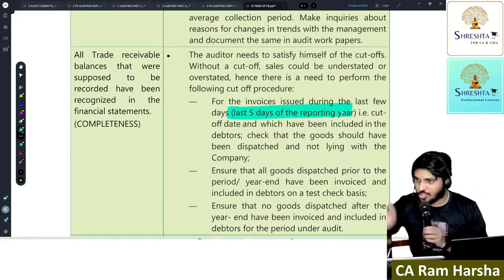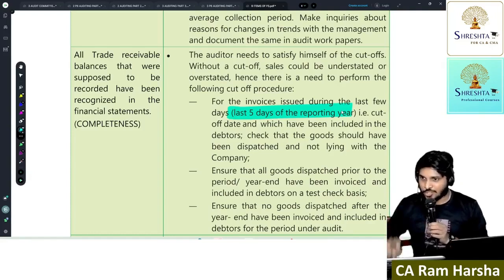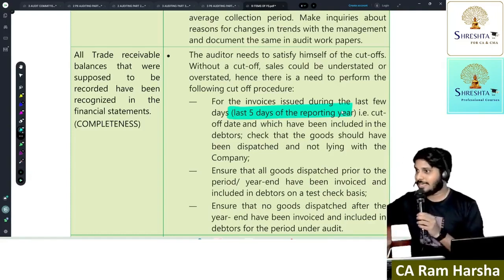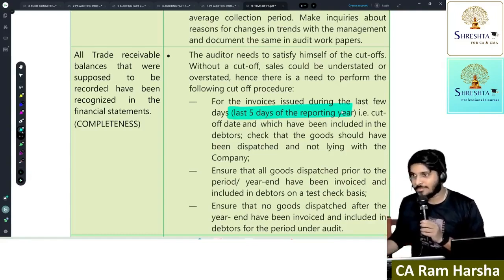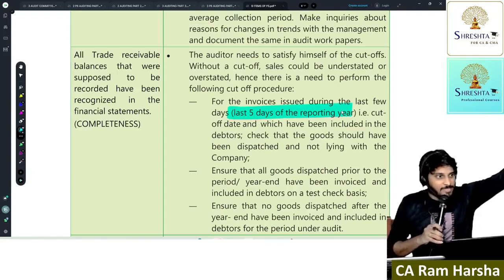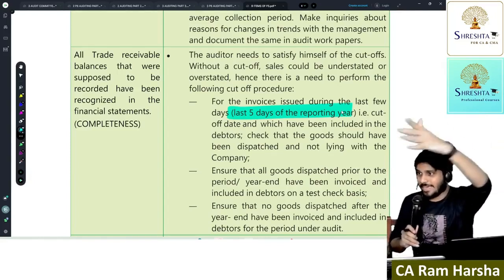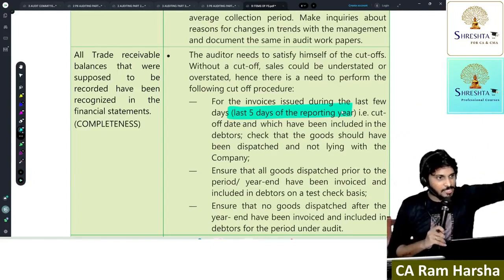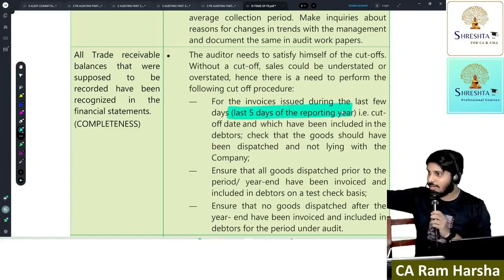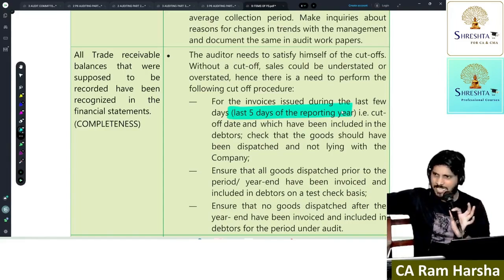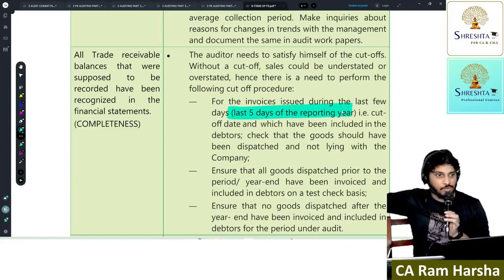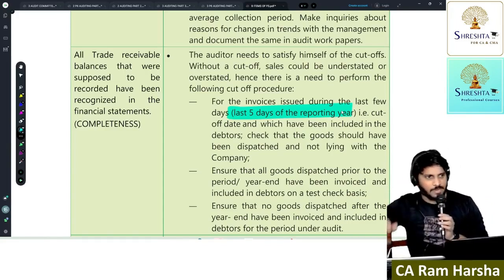Now if something happens to the truck, if something happens to the goods, whose responsibility is it? Buyer or seller? It's my truck, it's my authority, it's under my control. As on 31st March, I have not yet received the goods at my factory, which is somewhere in Rajasthan. On 31st March it is on the highway. Now stock in transit. The seller sold the goods, delivered the goods, and risk and reward transferred. He will treat it as cash account debit to sales account. Over. Stock will not appear for him.